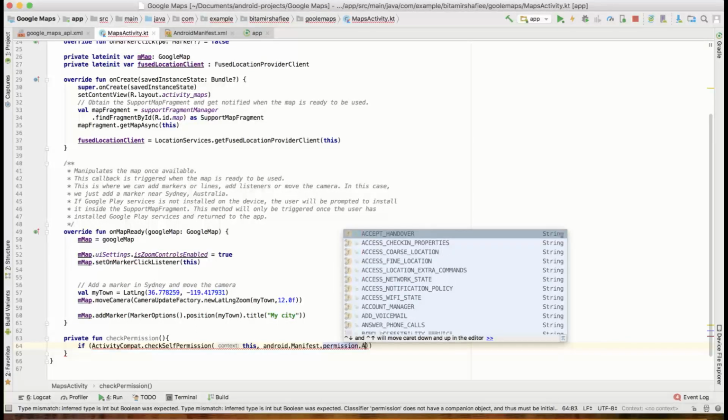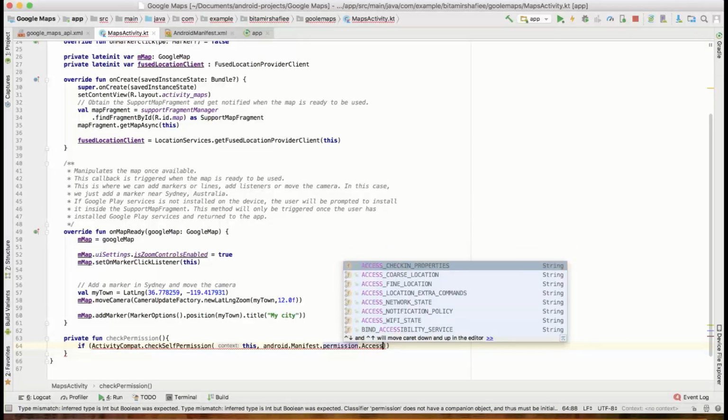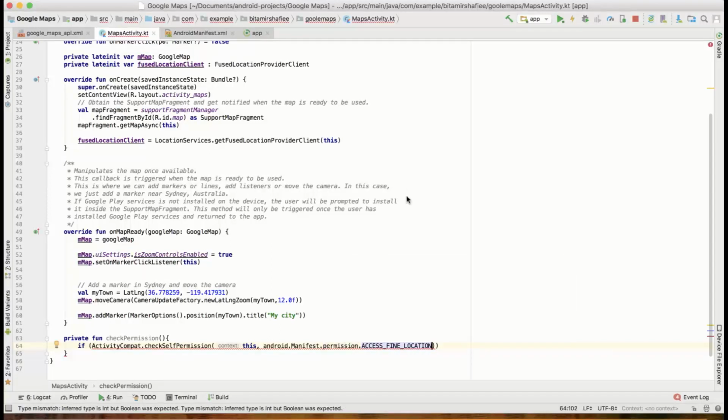Dot access, I want the access find location. Now I want to see if this permission is granted or not, so I will say not equal to